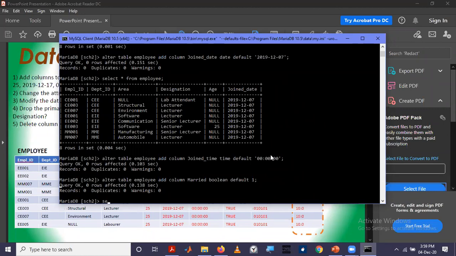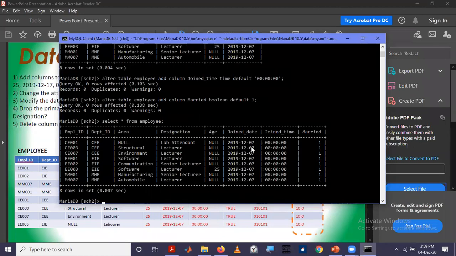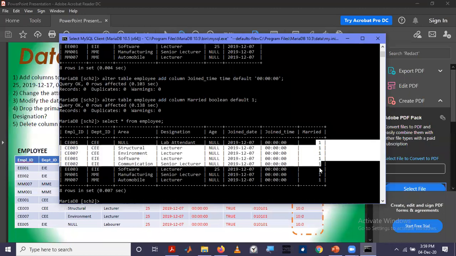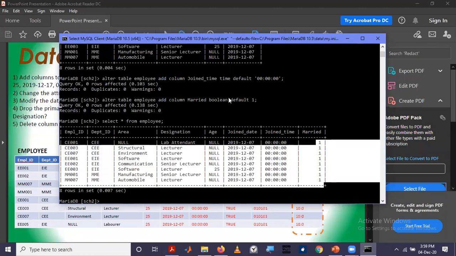If I show you the current state of this table, you can see the previous one, join time, has also been added with default values, and the one we added a moment ago has also been added with this default value.